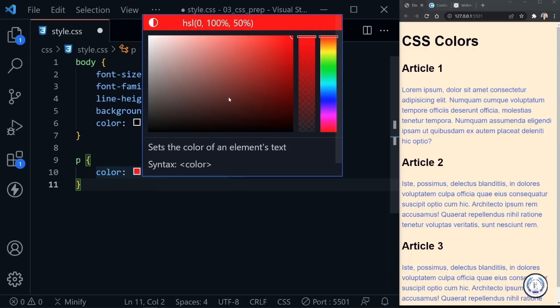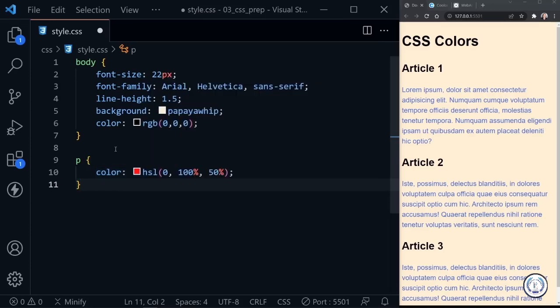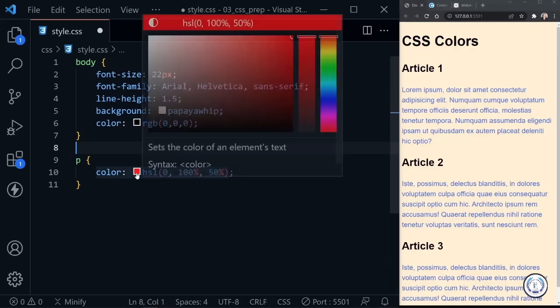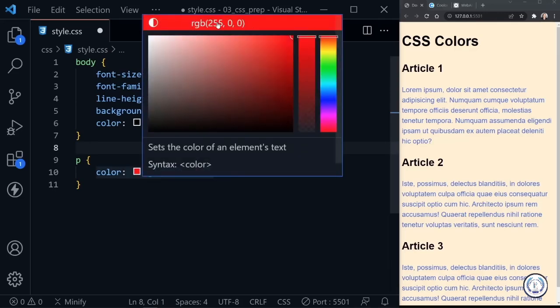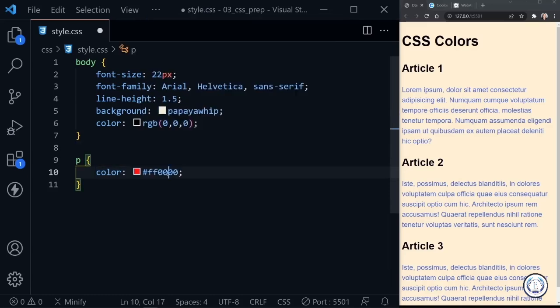And as you get a little bit more advanced and learn about CSS variables, you may decide you really like working with HSL. But most beginners start out working with hexadecimal, RGB, and color names. So it doesn't hurt to learn about any of those. Let's switch this back over to RGB, switch it back to hexadecimal, or you could just switch it back to a good old color name like red, although red is not going to look that great as far as our